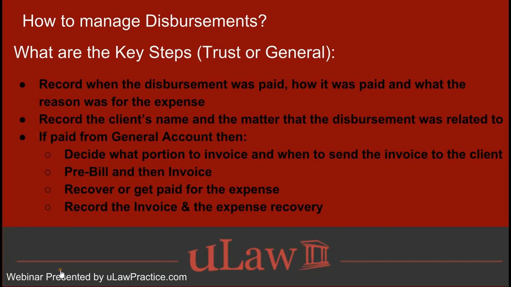Okay, so let's start with the fundamentals of that transaction. When was this disbursement paid, right? What particular date? How was it paid? Did you pay this out of your general account? Did you pay this out of your trust account? If you paid it out of your general account, did it come out of your general bank account, or did this come out of your business credit card? Or sometimes you may have paid this out of your own pocket, right? So that could be another example of a general disbursement where it really did not come out of the business